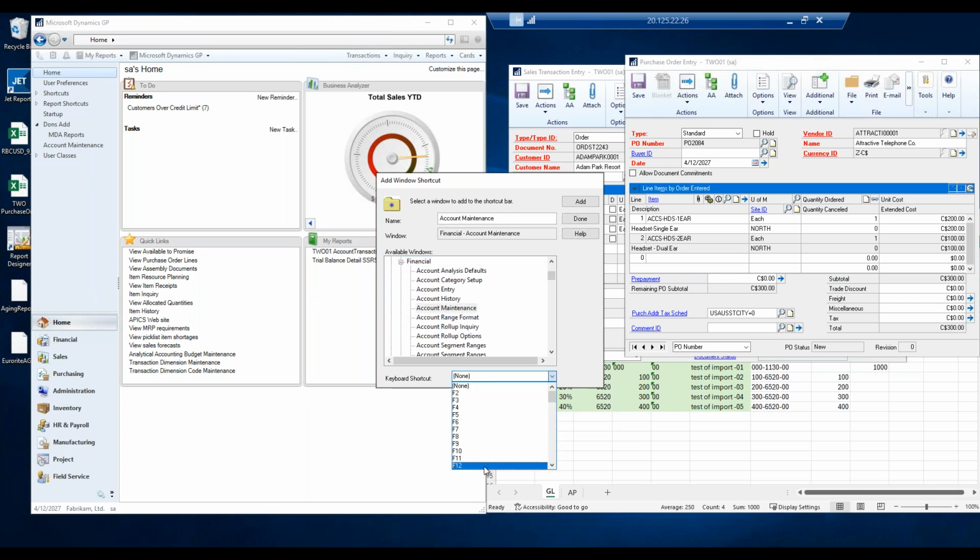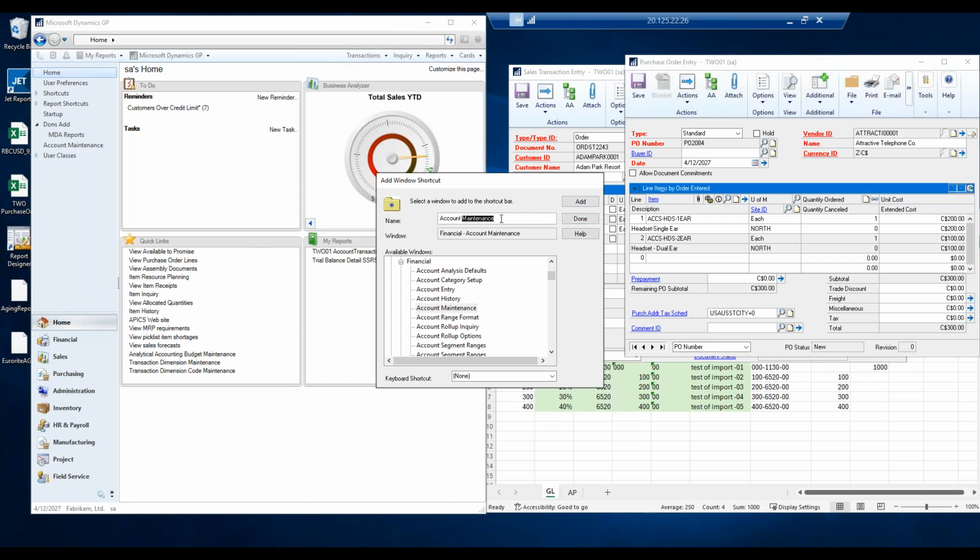There it is there. I can assign it a short key if I wish to. And this would then allow you to add short keys to that list that you could then use anytime in your system to pop that screen open. So if I need sales transaction entry open and I'm constantly going and finding it, then I could add that as a piece. I can add it inside here, and all I do is hit the add button,